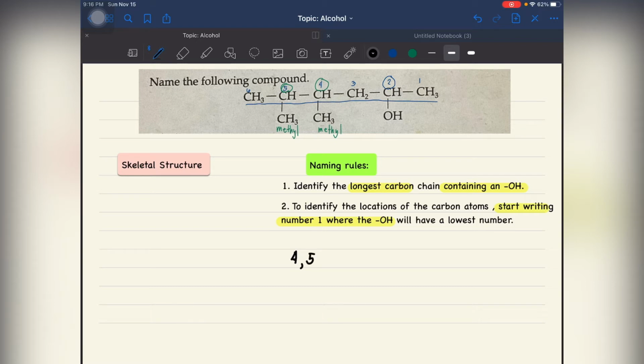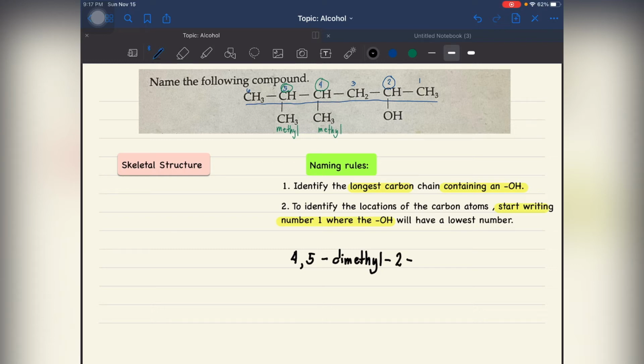Kasi pareho sila na methyl, kaya may comma. Then dash. Since we have 2 methyl, that's dimethyl. Then dash. The location of our functional group is in number 2. So that is 2,